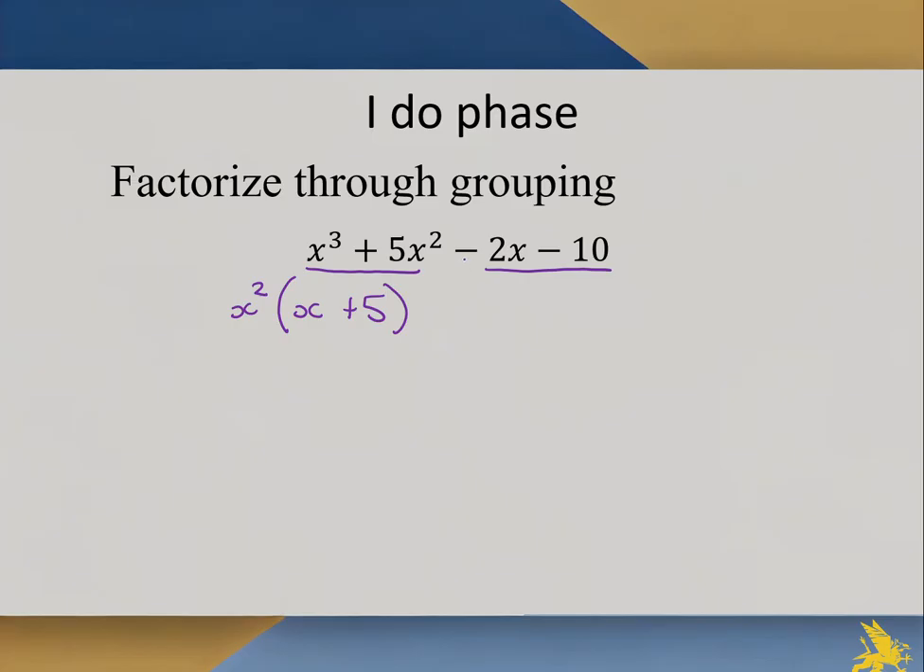But in this case, because it's got a negative, I want everything in my bracket to be positive, so I'll take out the negative. They both have 2 and 10. The highest common factor is 2, so I'll take out negative 2. Negative 2 times x is negative 2x, and negative 2 times positive 5 is negative 10. That gives me x plus 5 in both. I can then take the x plus 5 out the front, say both have it,